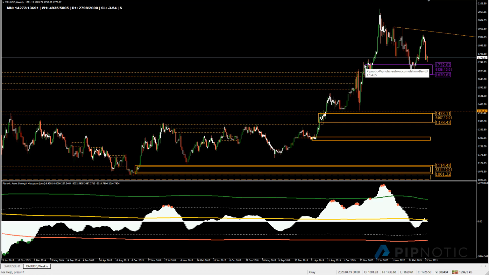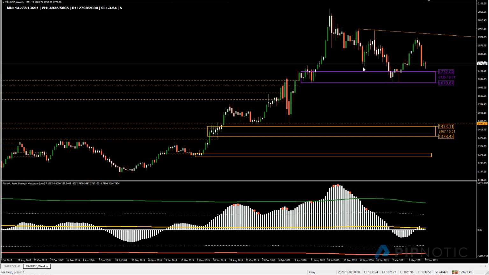So what we can see now, a little bit closer to price, is we have a few things going on. We had this area here. This is not a pretty area because price traded in this area quite a lot. And when price moves up and down in an area a lot,